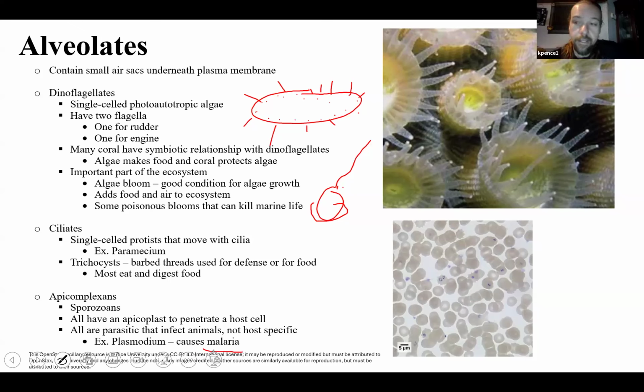Malaria is a protist, and it's going to be an apicomplexan. These cells you see at the bottom here are all blood cells. Inside of these blood cells is living a protist, the malaria protist. It was transmitted by a mosquito bite. Mosquitoes themselves can't get malaria, but they are able to transfer malaria. They're called vectors.